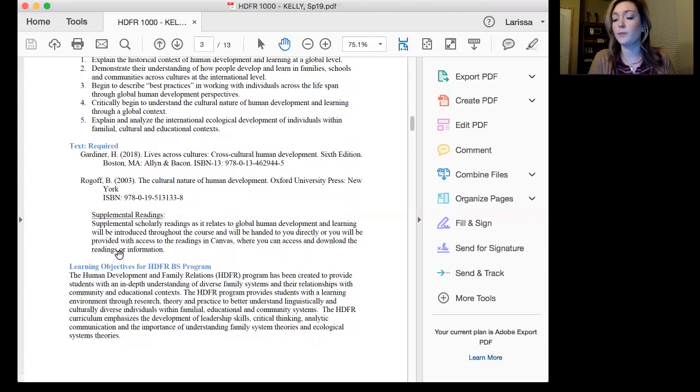The other book that we will be utilizing is by Rogoff. And this book we use more as supplemental to the course, meaning I won't always be covering it every week, but it is important for you to keep up with and skim because it will be covered on parts of your exam. And it's important to note that your exams are completely open book because you will be taking them at home, and I actually encourage students to use their books and notes during their exams.